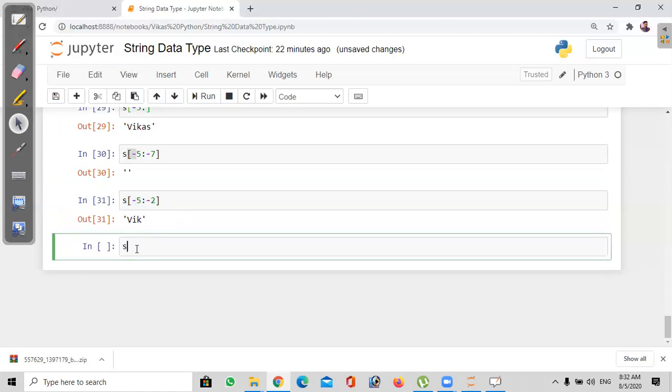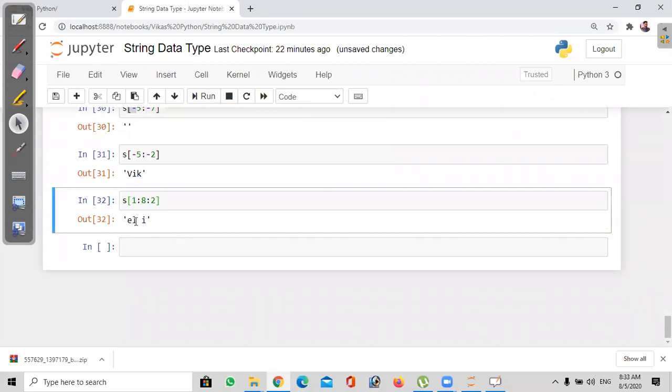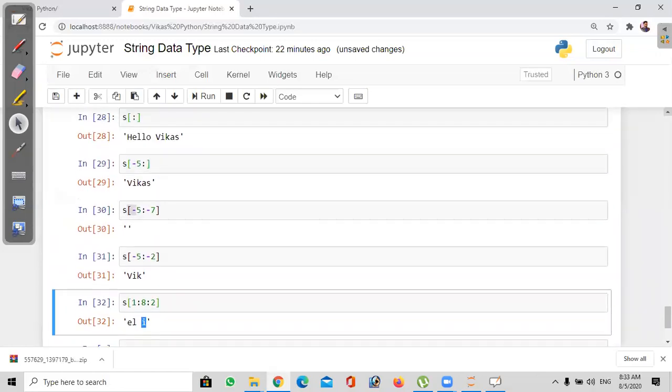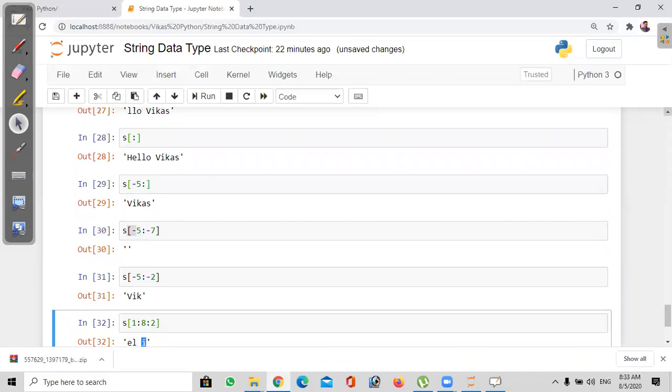Okay. Then next, slicing with the step value. See here, I'm giving the starting value 1, colon, the ending value 8, colon, and the step value I have taken is 2. So what will it print? Actually, it takes E, then it leaves L, then prints the white space character, then V is left and I is printed, leaving one character each time. See here, in the case of this one, where is one normally here?